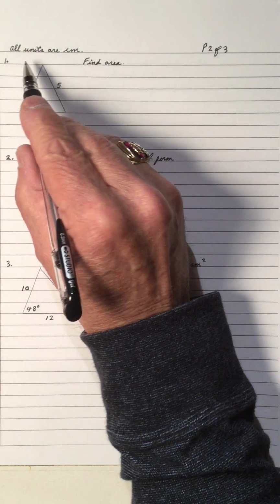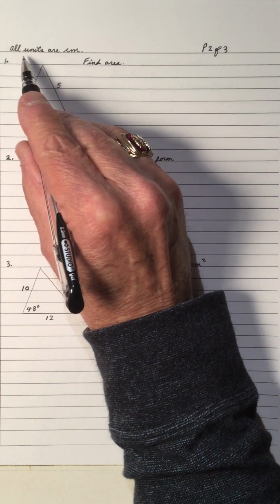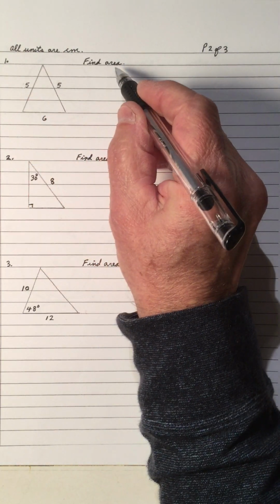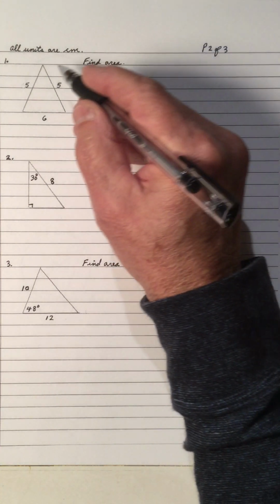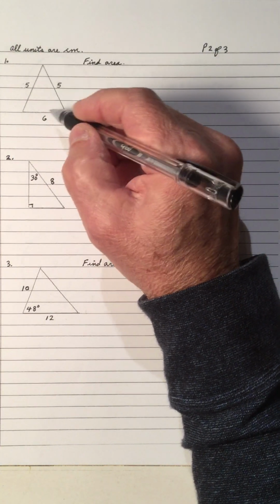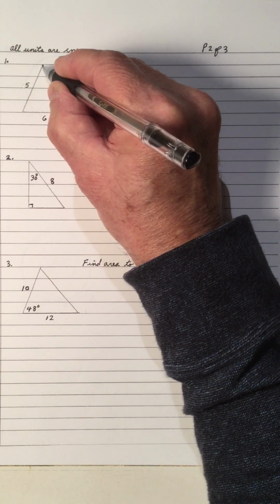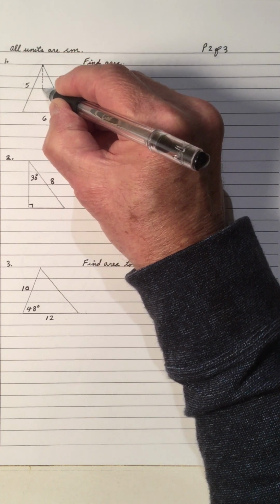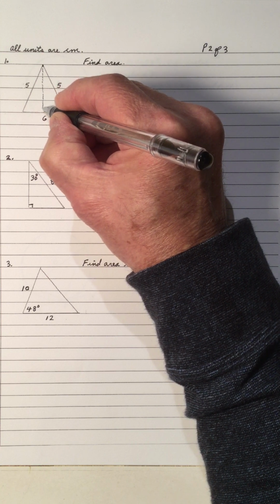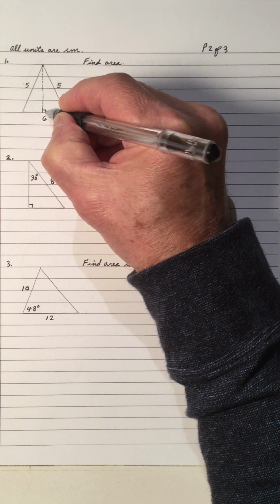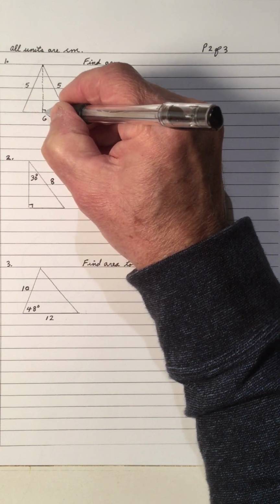For this video, all my units are going to be centimeters. Let's find the area. Notice we have a triangle, 5, 5, and 6, isosceles. This is the apex angle. If I drop a perpendicular from this angle down to the base, that's an altitude, then